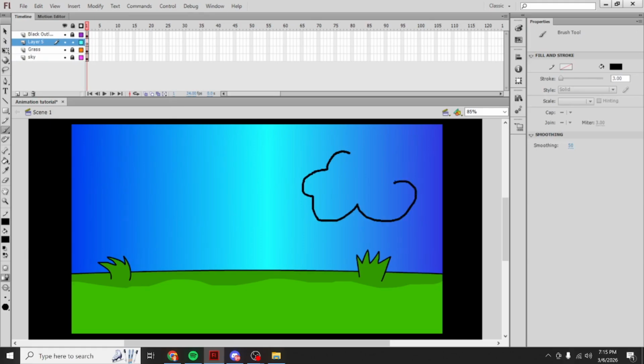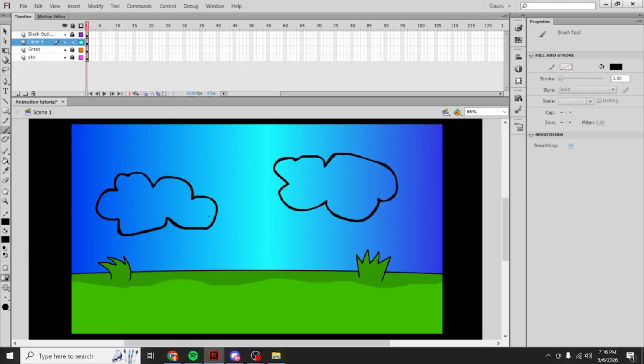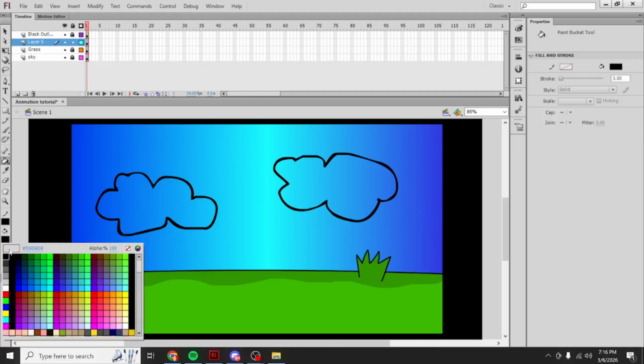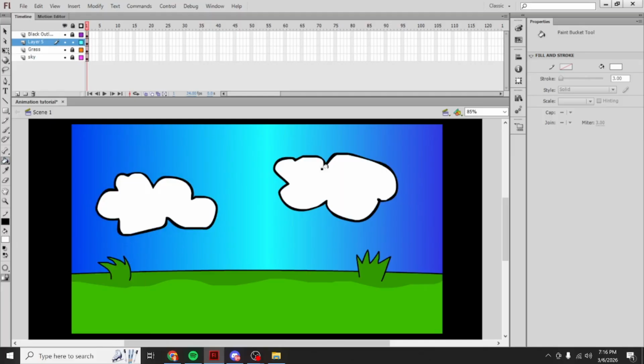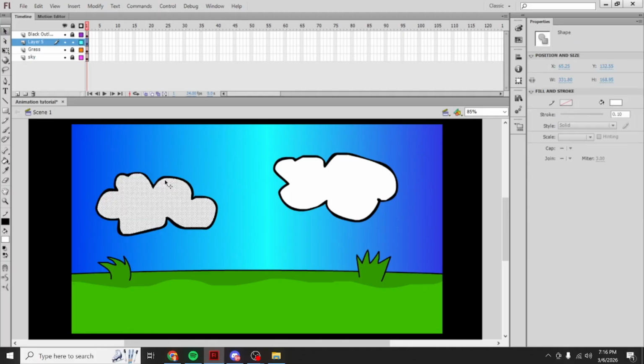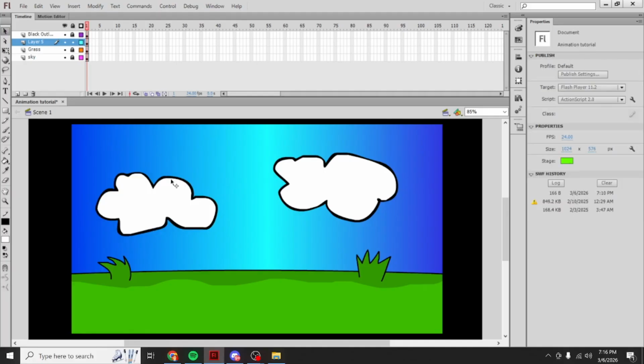And draw some clouds. These are terrible clouds, but oh well. Oops. So yeah, you can